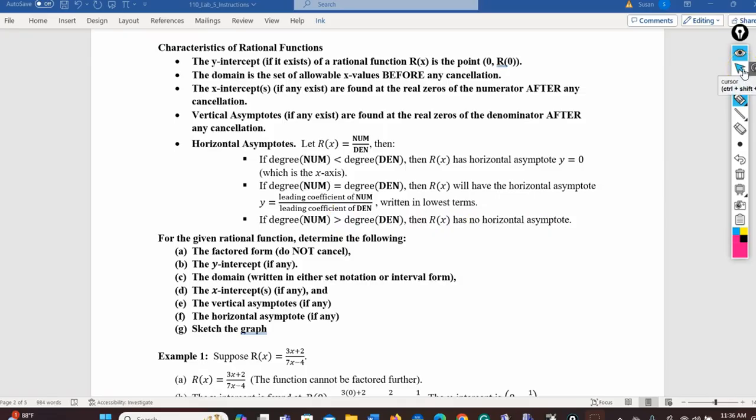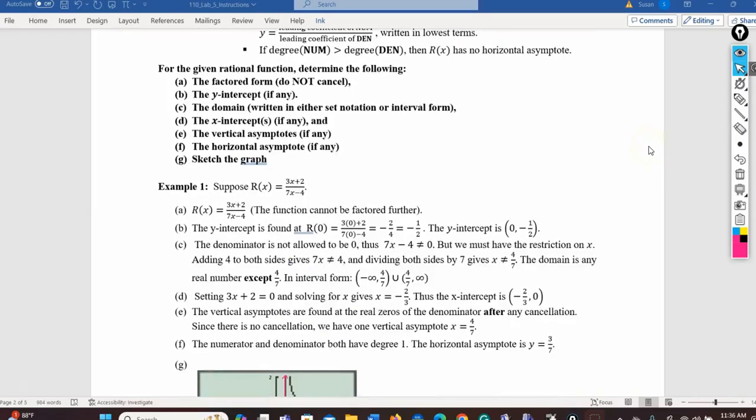So for all of the questions in this lab, you want to determine the following. So A, B, C, D, E, F, G, all of these questions, all of these examples will find the same thing. The first thing is you want the factored form, if it can be factored and you don't do any